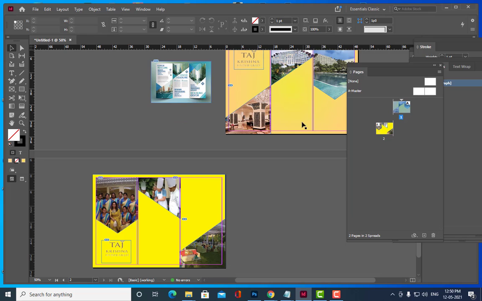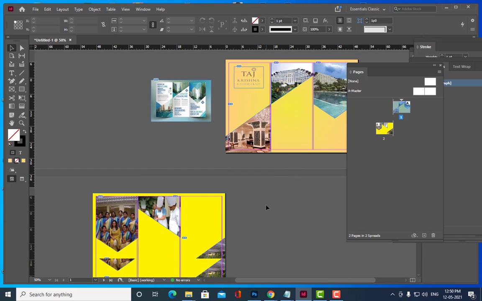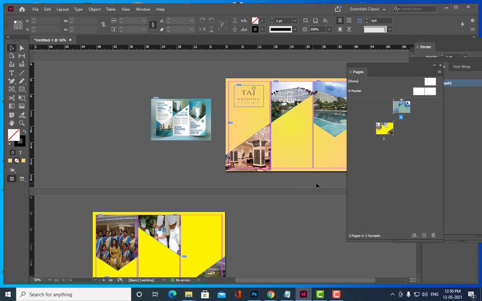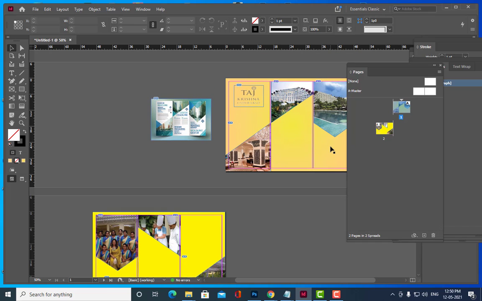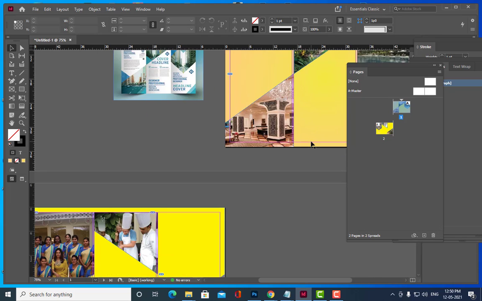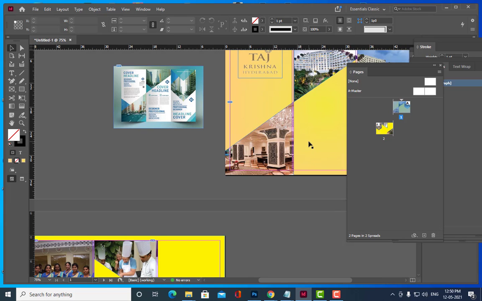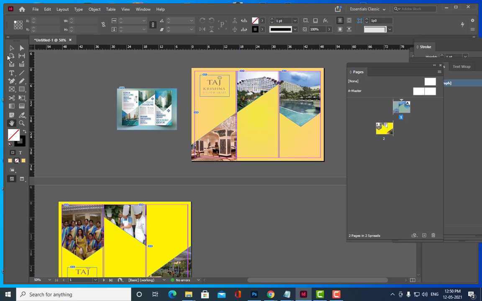So you can actually use master pages. Are you able to understand what I am saying? Instead of doing like this, you can use a master page for this background, so that this same background will appear in the second page also. Okay, are you all getting my point? So what we can do?